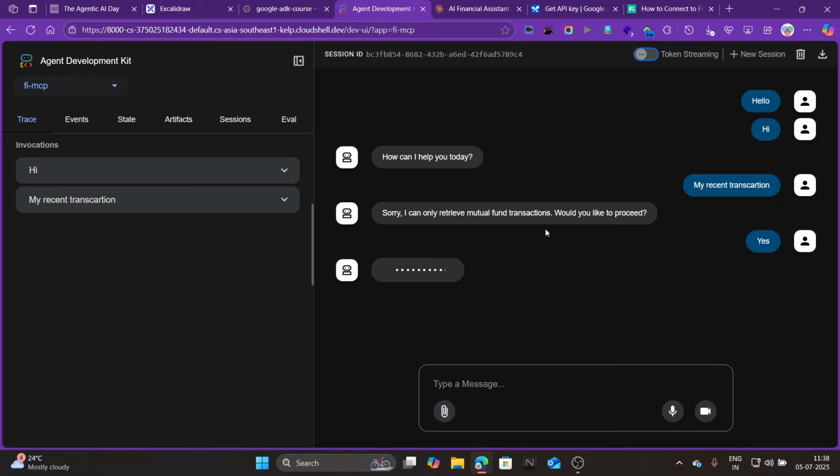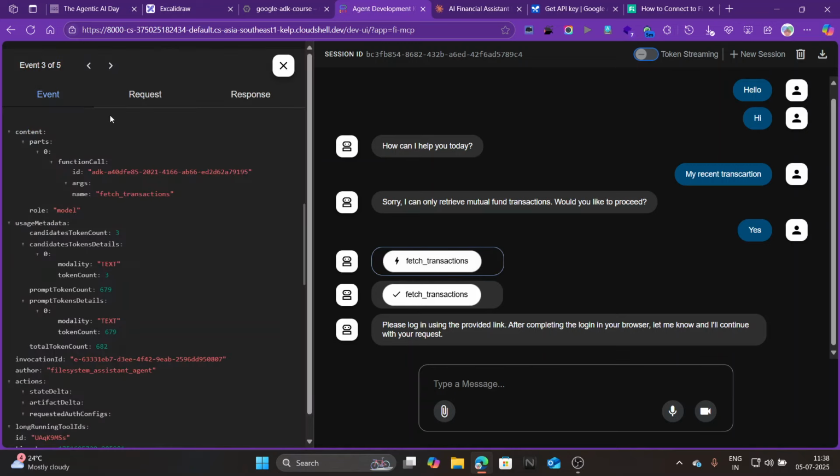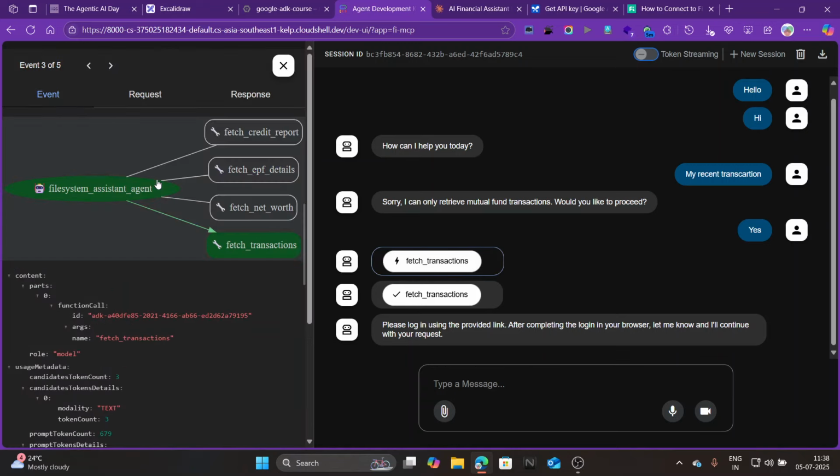So basically they don't have access to mutual fund transactions in tools. Let me go deep dive into this particular point. In the Fi MCP server, there are four features available: fetch credit report, fetch EPF details, fetch net worth, and fetch transaction. So using this, they try to fetch a transaction.